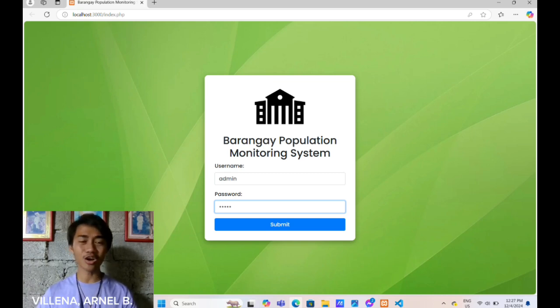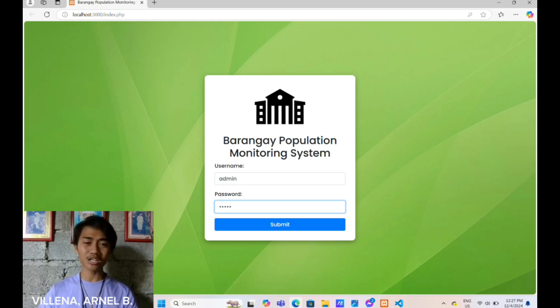This ensures that only authorized personnel such as barangay administrators can access sensitive population data. Once the correct credentials are provided, clicking the Submit button grants access to the system. This secure login process protects the data from unauthorized access, maintaining the confidentiality and integrity of the barangay's records.